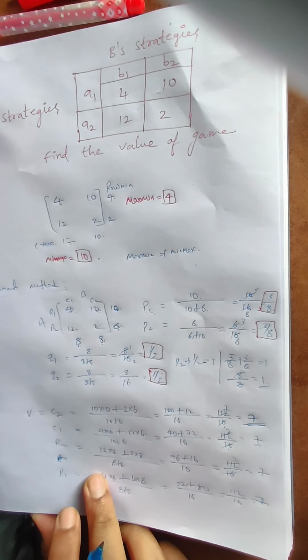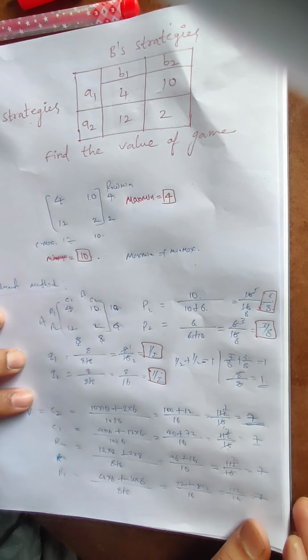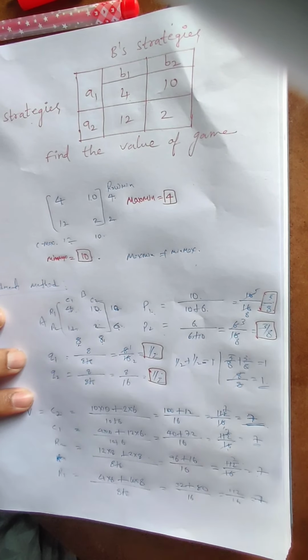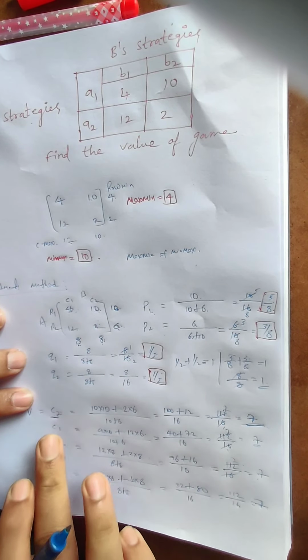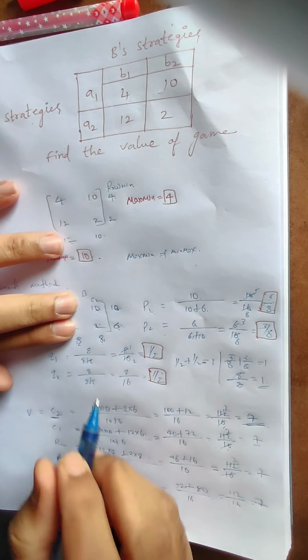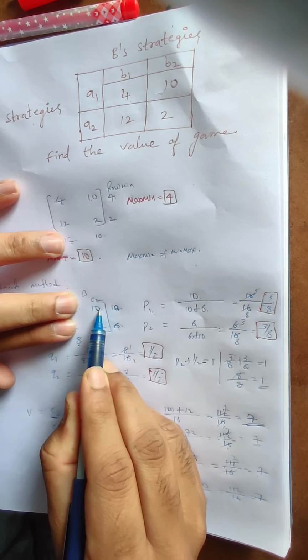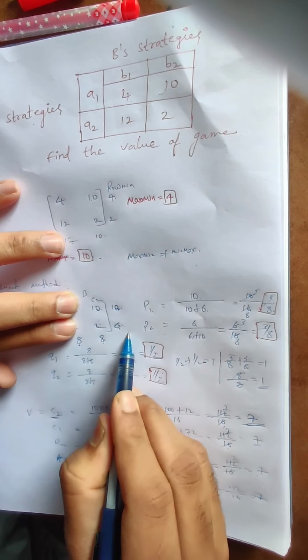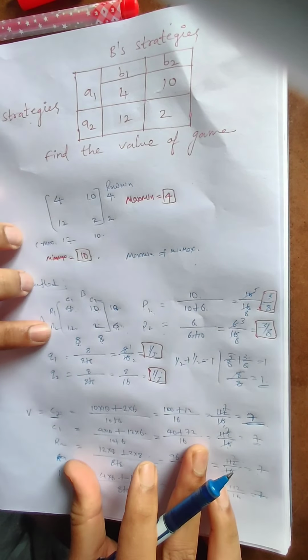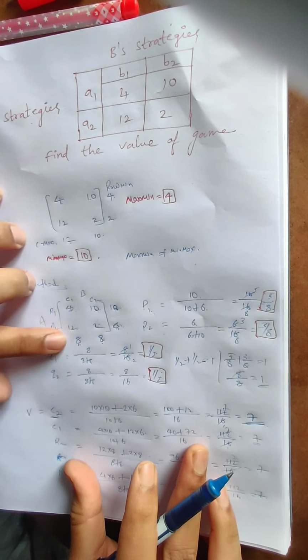So out of those 4 ways, whichever is the easy way, you have to opt for that one to calculate the game. If you ask my suggestion, just go with column 2. Why? Because if you consider column 2, you will get direct values; you can directly multiply them as well as add them, like 10 into 10 plus 2 into 6 divided by 10 plus 6. That is a simple one, or else you can consider R2. Why? Because if you take the column 1 value, you have to ignore this one. It will be a little bit difficult, because you should not consider those values. So go for column 2 whenever you try to get the value of the game.